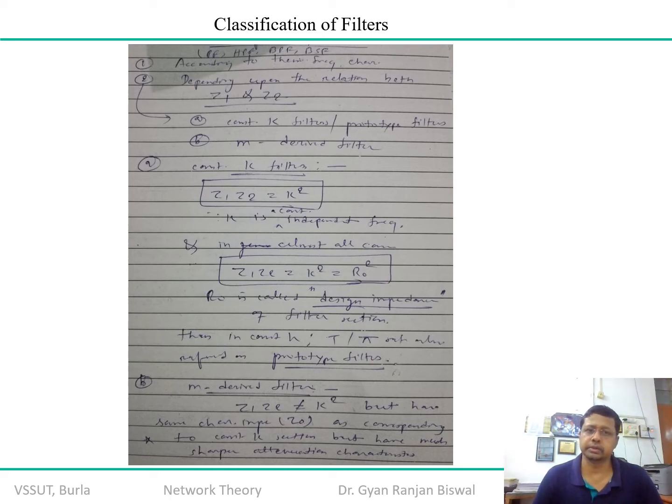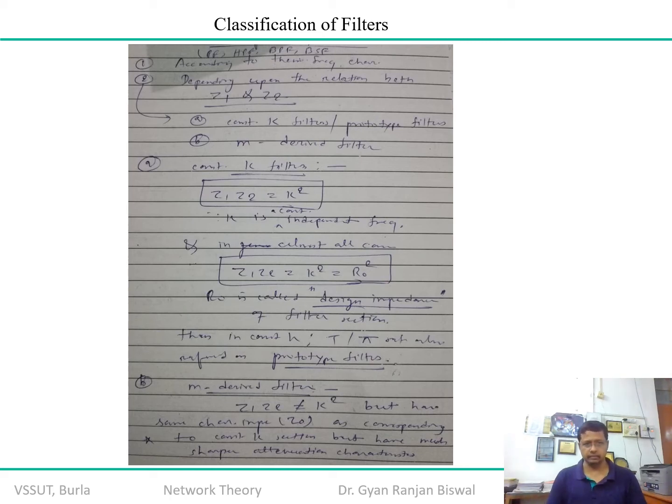One way is based on the frequency characteristic. We classify the filter into four categories: LPF, HPF, BPF, and BSF. In terms of the impedance response, depending on the series and shunt arm, we get two types. One is the prototype, or constant K type filter, and then there is the M-derivative filter, where the series arm of the T section is a multiple of M, or the shunt arm of the pi section is the